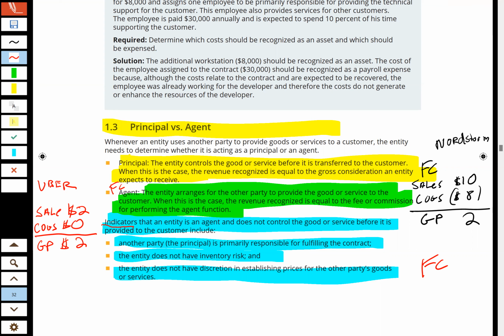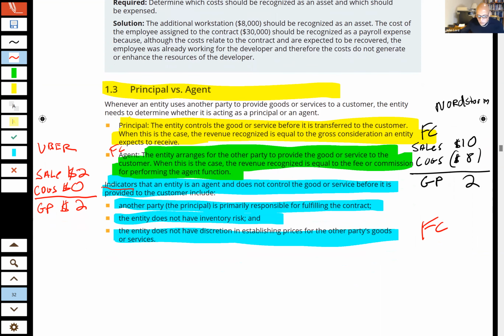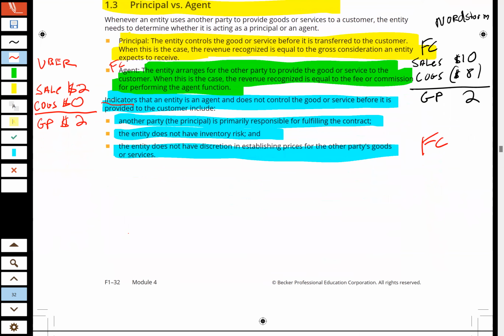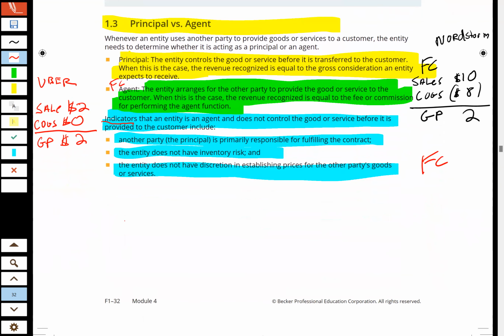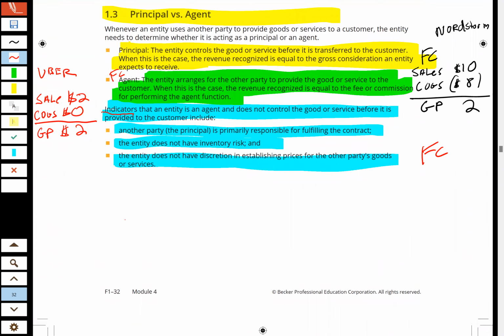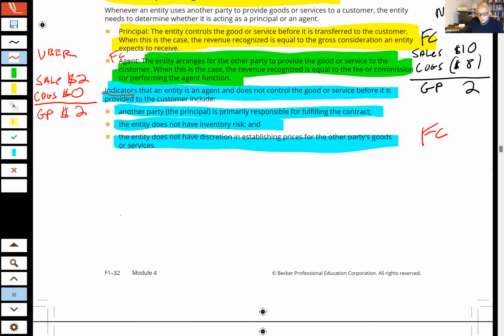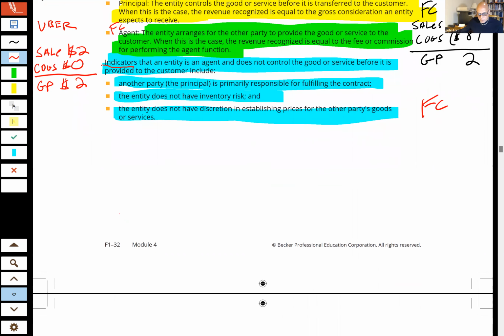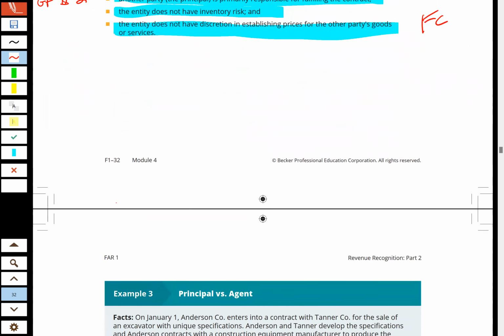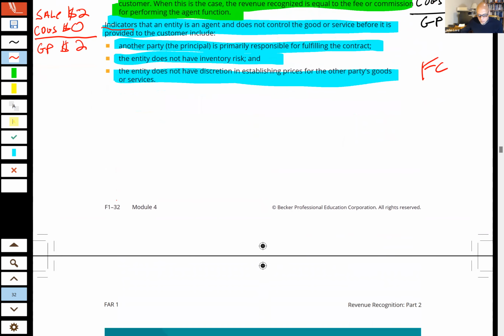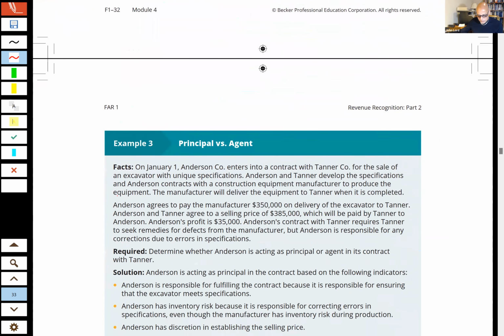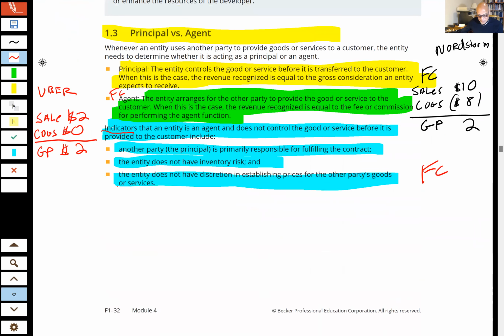Would an auction house be an example? I have no idea. I just gave you an example. I don't know. What is an auction house? Like Christie's? You go buy an expensive piece of jewelry or furniture that some rich person wants to auction off? I'm not sure. I think Airbnb is a good example. I just gave you an example. If you want to ask me a question about my example.